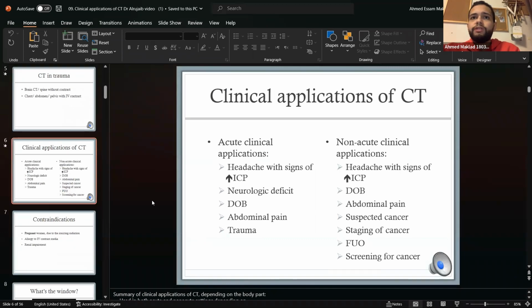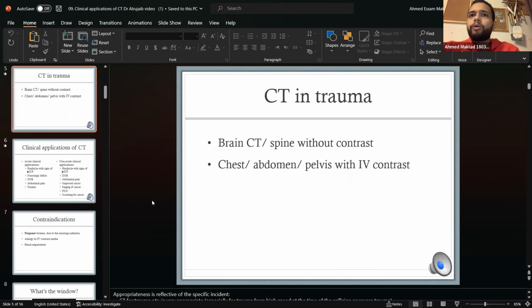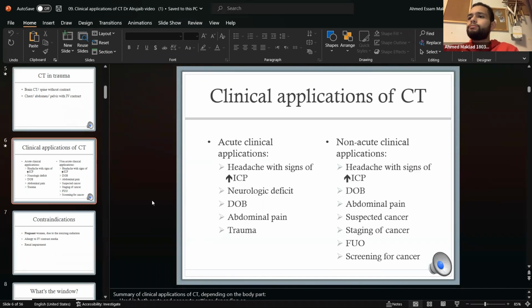Now, clinical applications of the CT. All right. So pelvis. What about the pelvis? Yeah, and the pelvis. What about like the reproductive organs? Reproductive organs and the bladder too. Don't forget the bladder is also in your pelvis. Right? You're welcome. So in acute conditions, you get a CT for any patient who has signs of headache with an